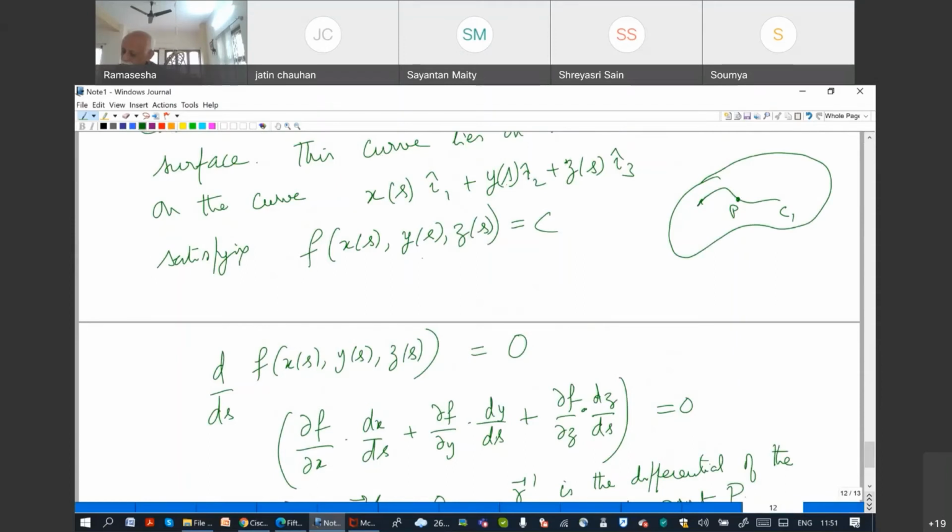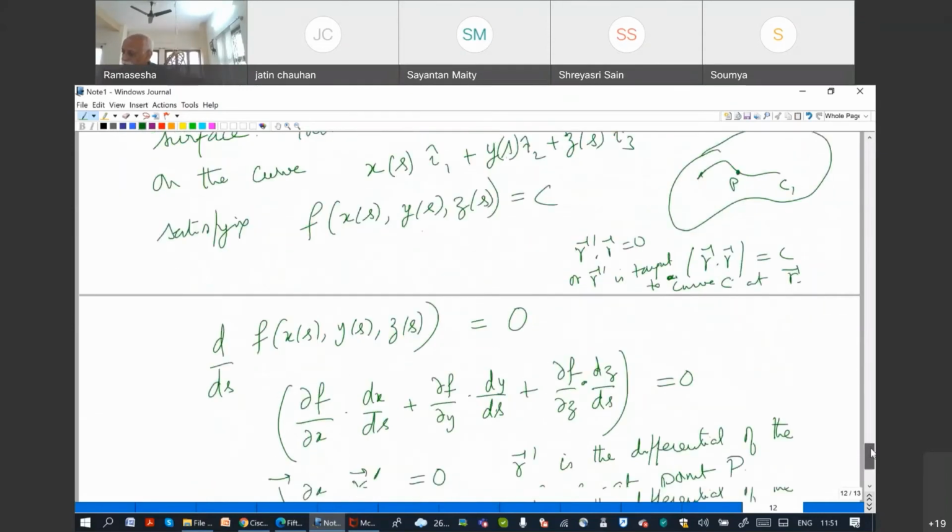Okay, because I taught long back that r dot r is equal to constant. So r prime dot r is equal to 0, or r prime is tangent to the curve C. Okay, so it is a tangent.